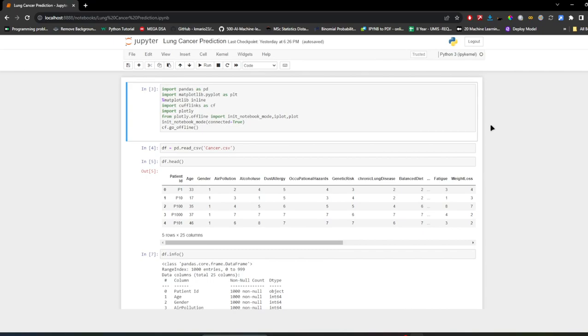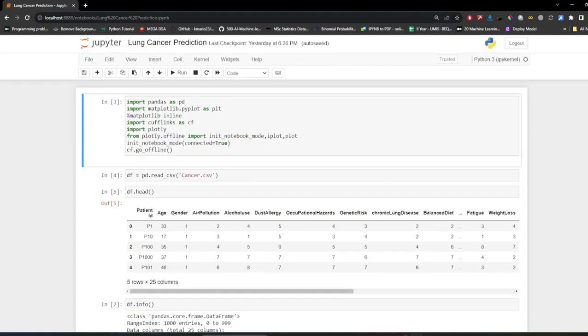Recently, I worked on a mini project, part of academics, where my task was to build a machine learning model to predict lung cancer. So today I'll be running through what I did, how I built the model, and also be showing a final application which will be deployed in Streamlit. So getting straight into the video,